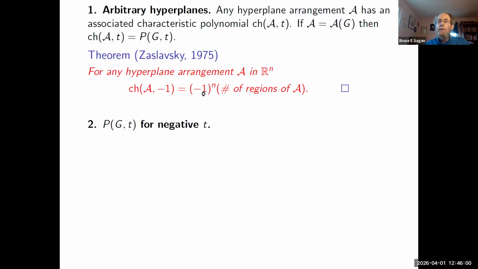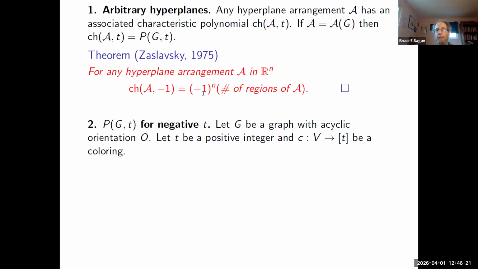Also, Stanley didn't just tell us about the chromatic polynomial at -1. He told us about the chromatic polynomial at any negative integer. And this is what it does at that point. Let G be a graph, pick an acyclic orientation O. Take a positive integer t and look at a coloring from t colors. Notice I did not say proper coloring, I just said coloring. And I meant that. Call the pair O, C compatible